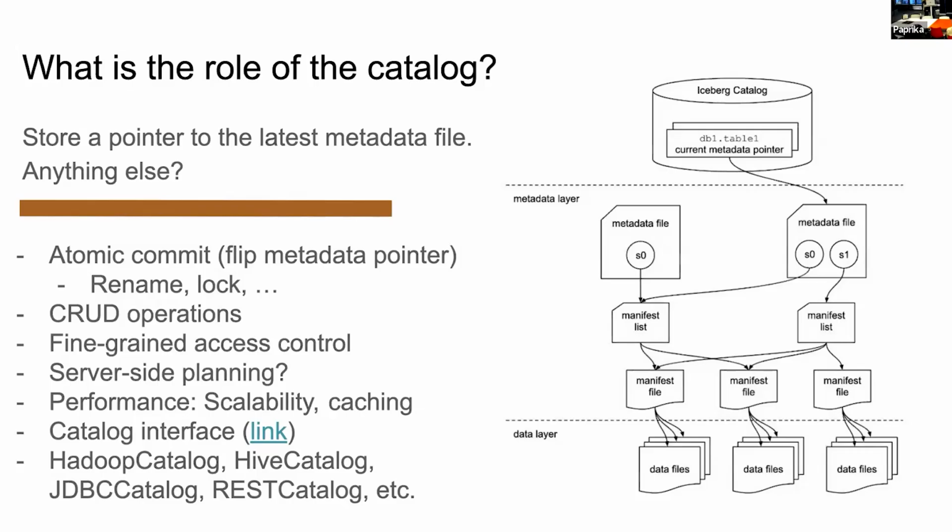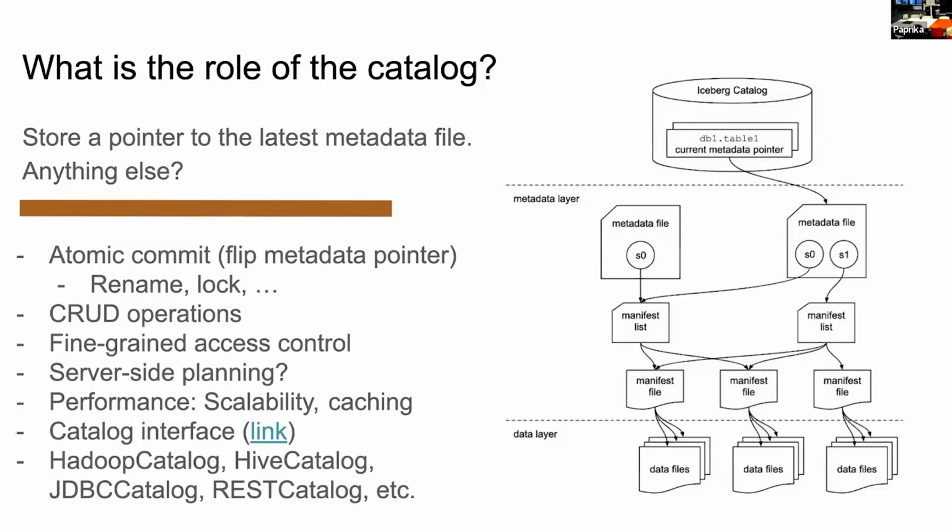In case you want to see the bare minimum expected from the catalog, you just go to the Java code, there is an interface called catalog. So there is load table, create table, register table. Those are the bare minimum. But then the different implementations add a lot on top of this. Such implementations can be the Hadoop catalog and Hive catalog, backed by HDFS and Hive Metastore respectively. And there is a long list of catalog implementations. REST catalog is one of them.